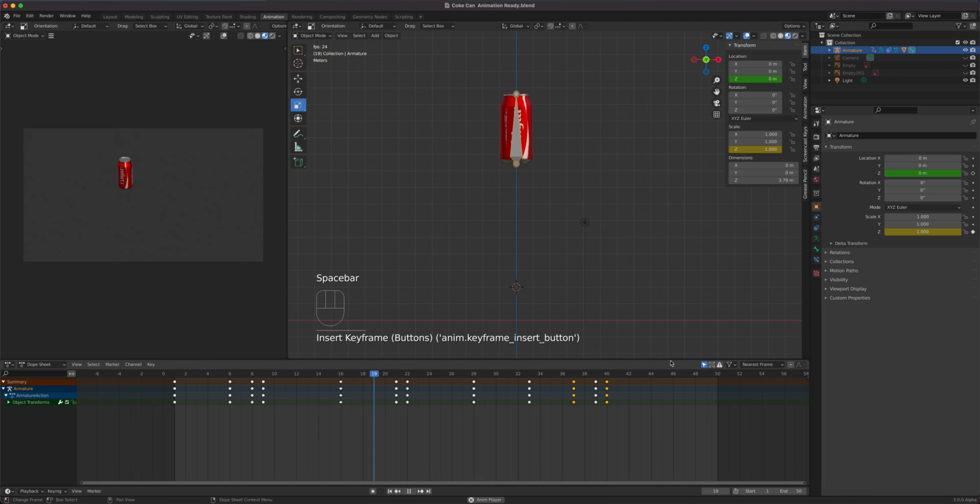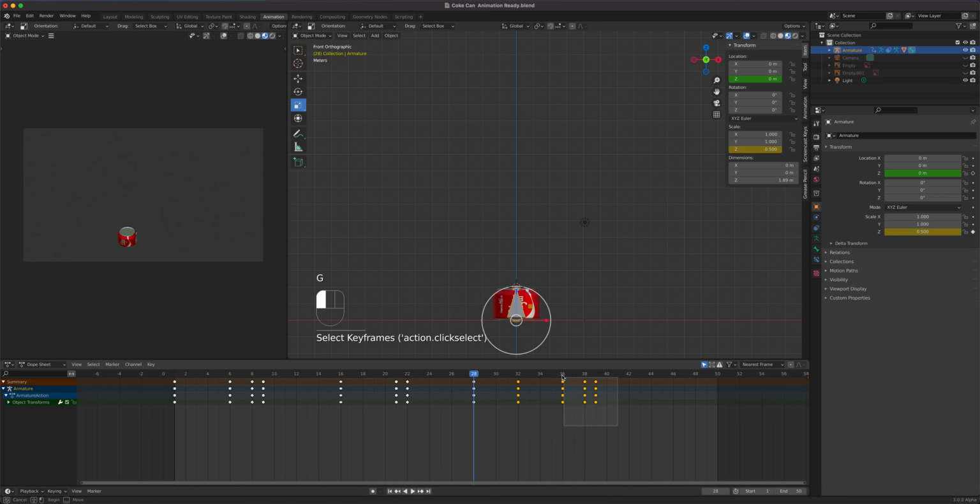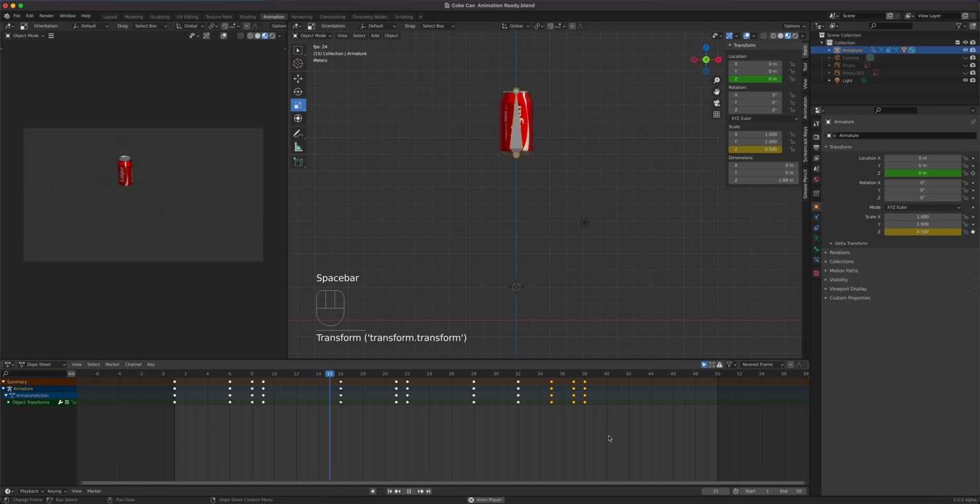So let's watch the. All right, and we can definitely tweak this one. Maybe make that a little faster. I'm just pressing G here to move my timing. Let's see. All right, so let's say that's fine for now. There's definitely more personality that you can add, but looking at the can for what it is,